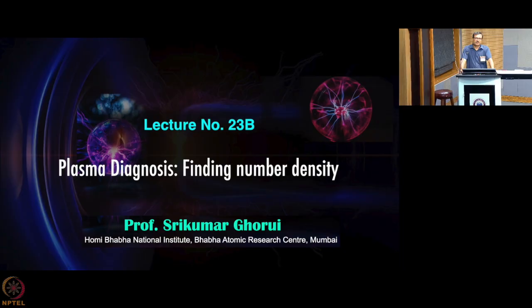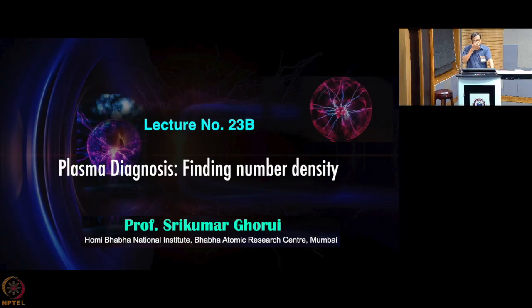So what we are doing these days, we are discussing plasma diagnosis, and in the previous classes we have gone through the Boltzmann plot technique to determine the plasma temperature. We have discussed how this standard Boltzmann technique can be modified for axial temperature distribution, and when you are going for large volume plasma temperature diagnostics, then you have to use the Abel inversion, and how Abel inversion can be done, that we have explained.